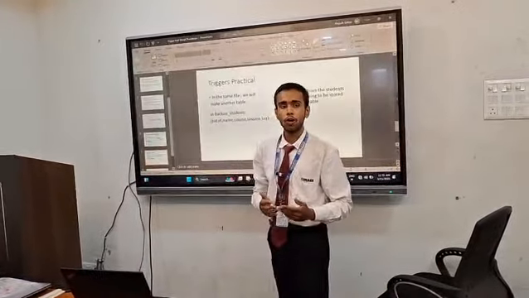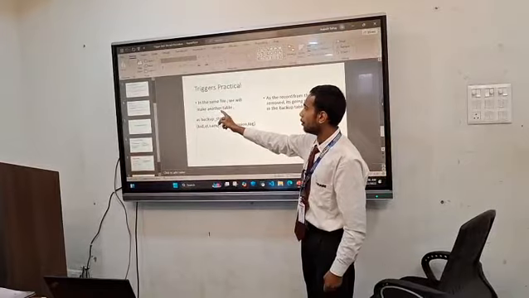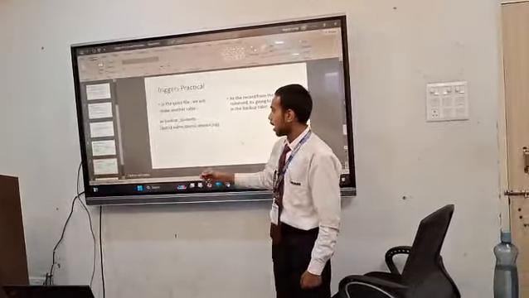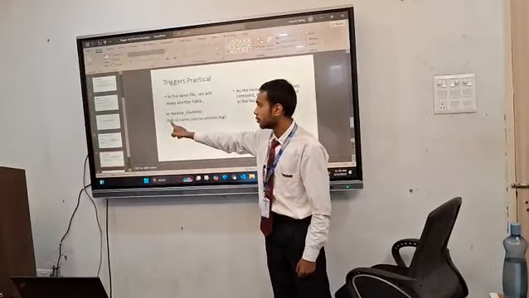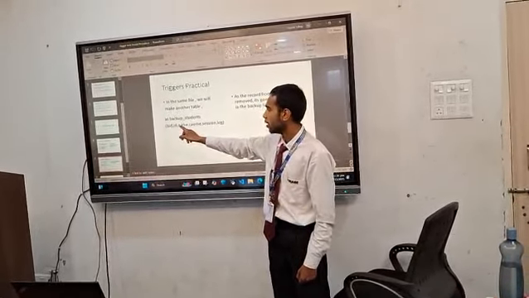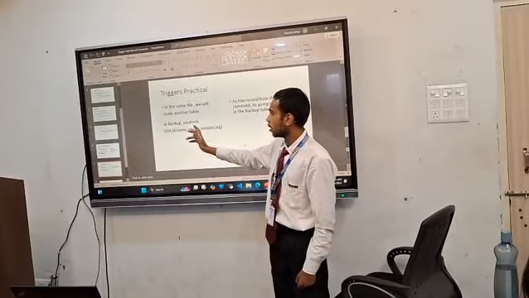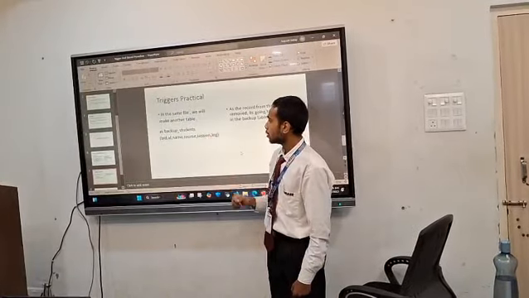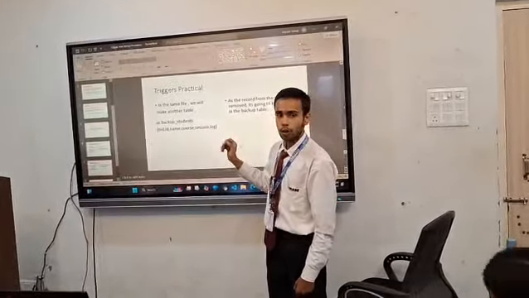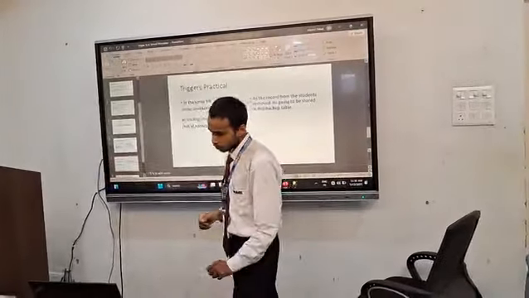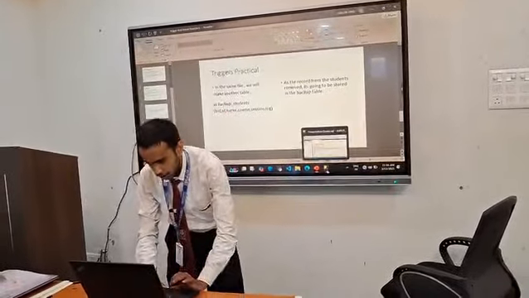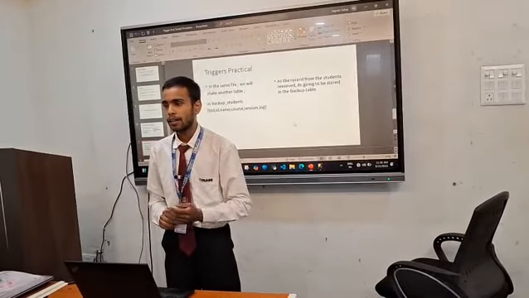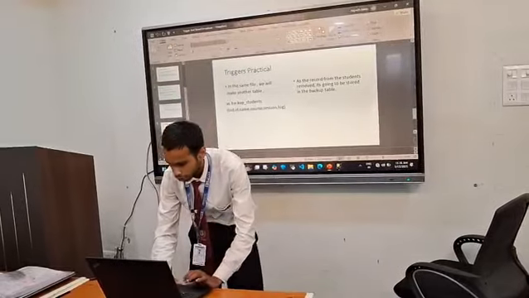Now we are going to see how triggers are made. In the same file we'll make another table, backup students. It is the backup table, and according to its schema we can see there is a backup ID, the ID of that table, name from the students table, course from the students table, and session from the students table. And here we are going to write the log. In the log there will be a message about the reason for deleting that record or who deleted that record.